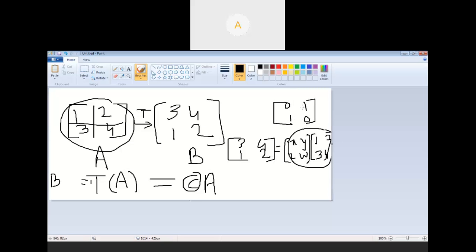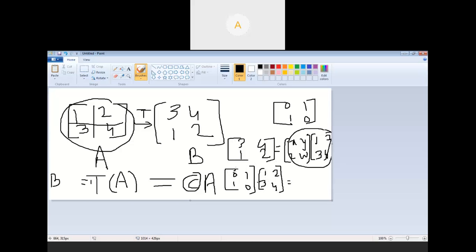Let us check whether this is happening or not. Let us check whether when I really multiply with this factor, it comes or not. Let me write 0 1 1 0. I'm directly giving the answer 0 1 1 0, but later on you please check it. Then 1 2 3 4. If I multiply this, am I getting the B? That is the question. So let me check now.